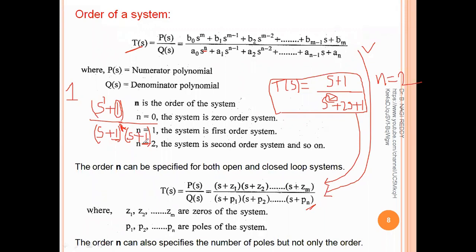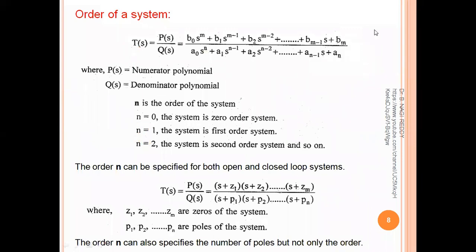That we will learn clearly in unit number 3. In the third unit, we will clearly see what stability is and what the different types of stability are, and how the zeros and poles affect the stability of the control system. All those things can be determined with the help of these zeros and poles. So remember, for any transfer function, we can estimate zeros and poles in order to determine the stability of the system.